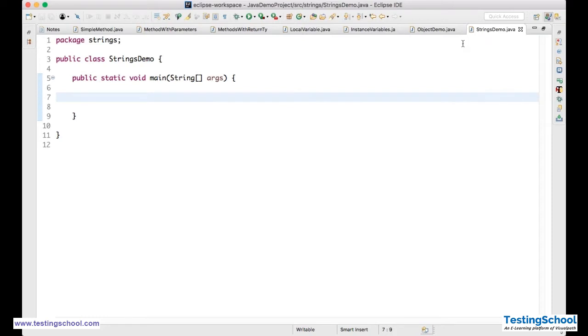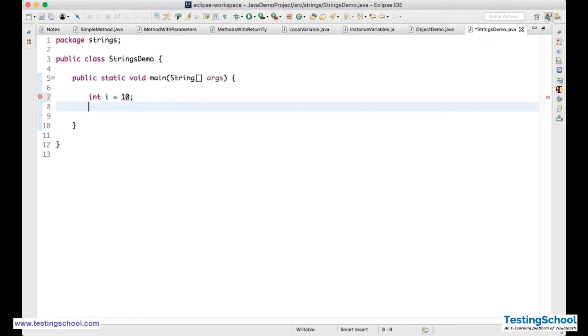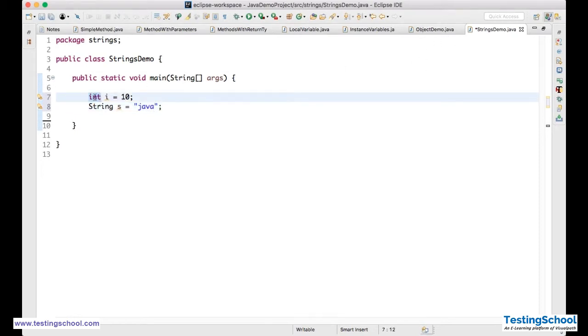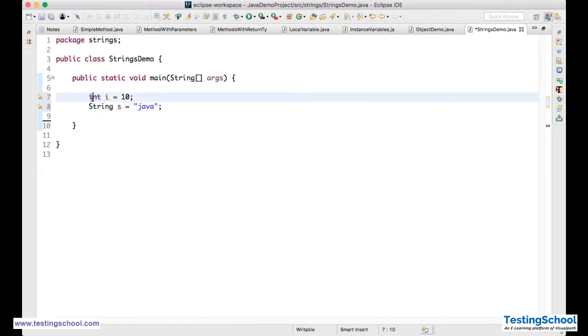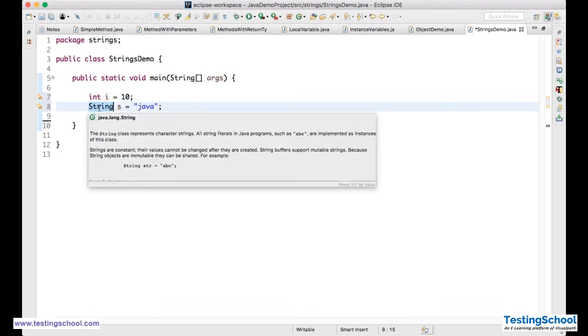So when I'm talking about int i = 10, String s = "Java". Here I'm using the integer data type, here the String data type, but int is small i, and String is capital S. One is coming in violet color, the other in black color. Why?